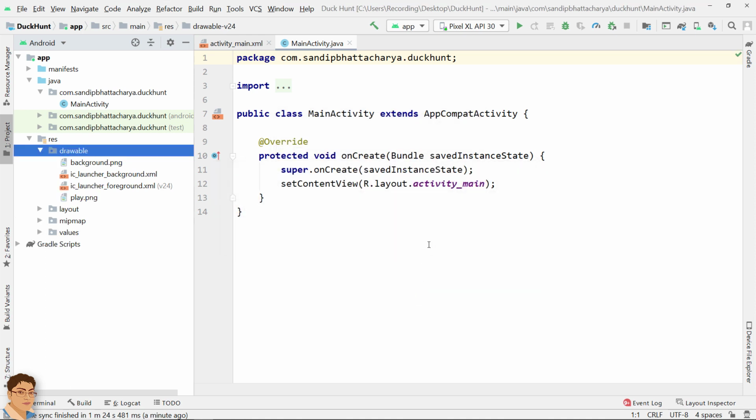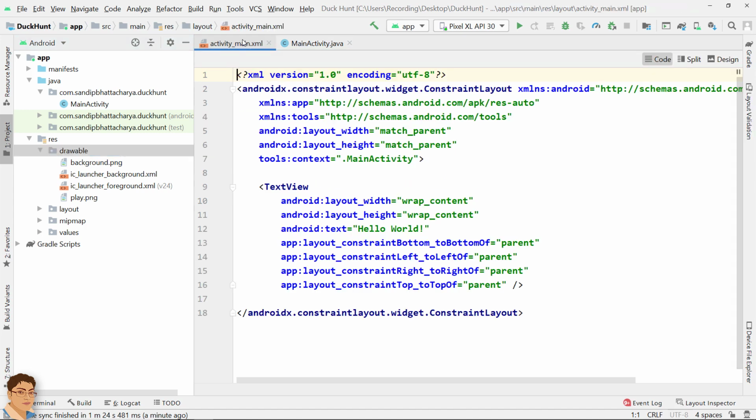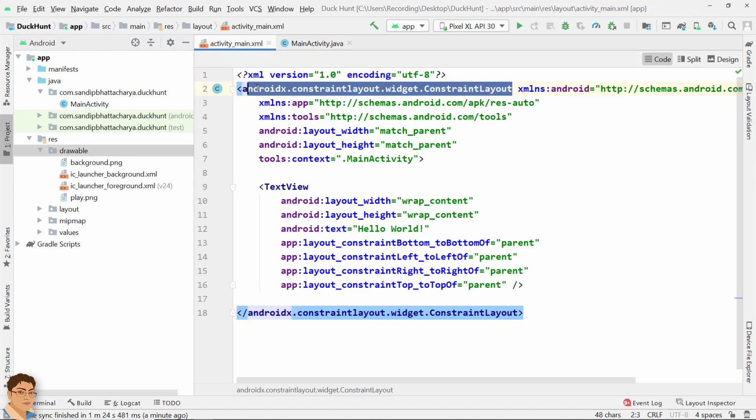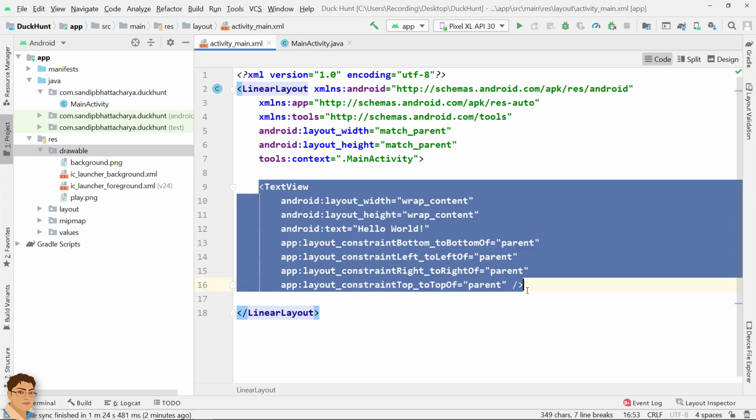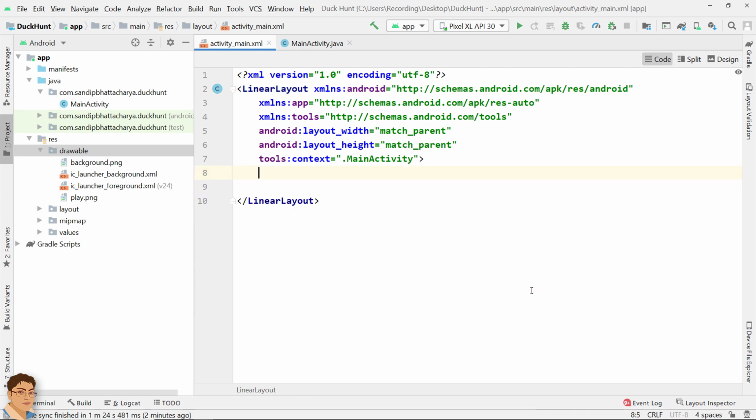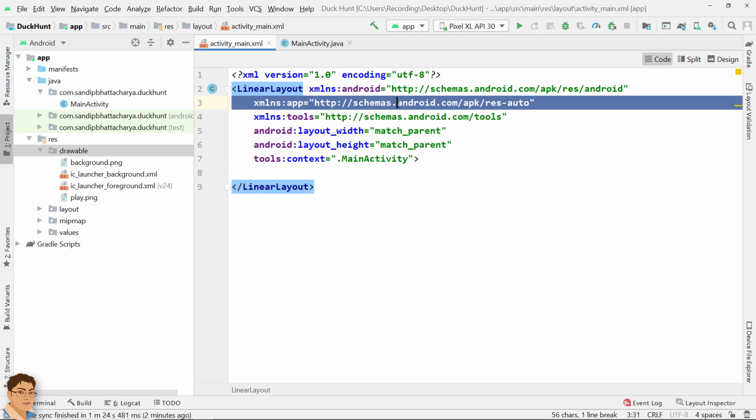Open activity_main.xml. Change the constraint layout to linear layout. Delete the text view. Delete this line.